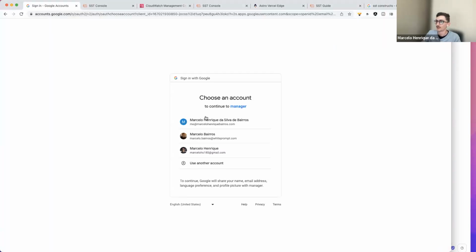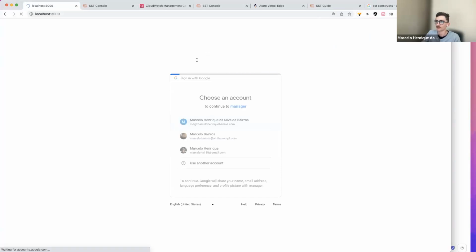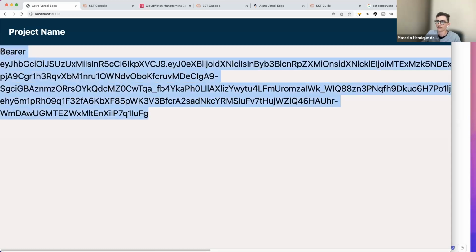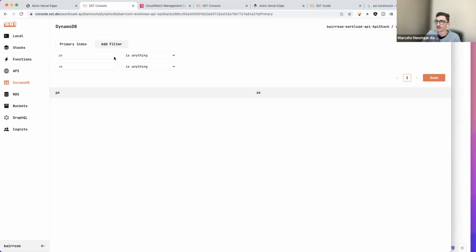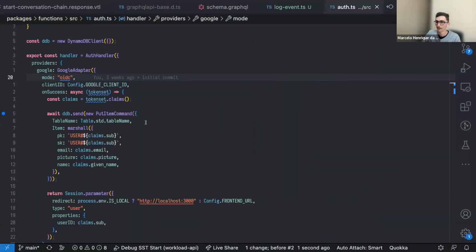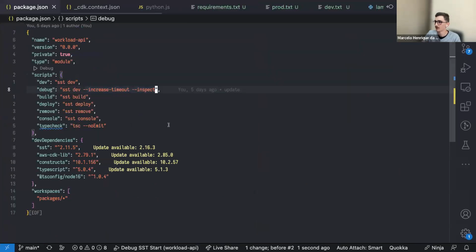Now, okay, we got to choose our account to log in. I want to pick one. And here we go. Now our front end is showing our token here, and it also created for us into this animal table the row. Let me just check, because